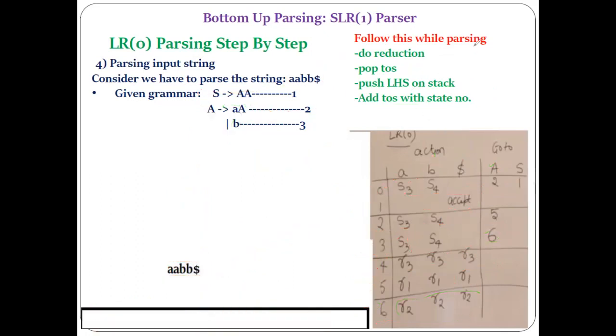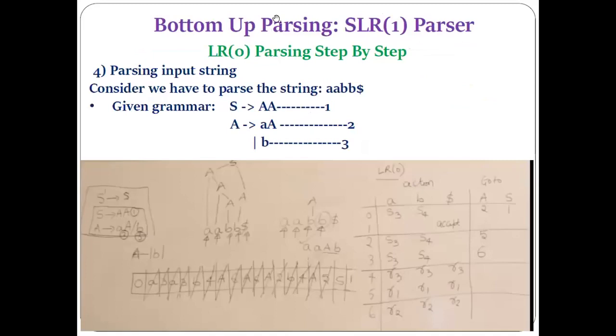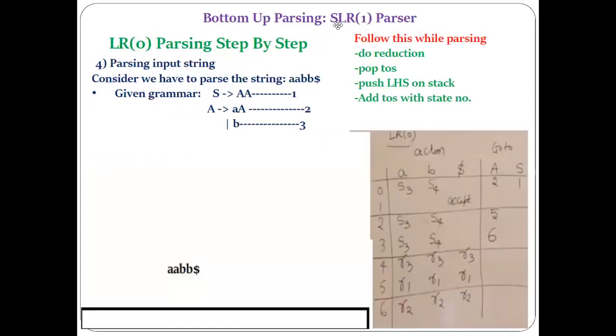Now the same thing that we have done here, I have put down here in a similar way. You just follow the steps that I have told you one by one and try to solve this example once again. Whenever you are performing the reduction movement, you have to follow these 3-4 important steps. And whenever you perform the reduction, you don't have to reduce the current symbol pointed by the incremented pointer, but you have to reduce its previous symbol.